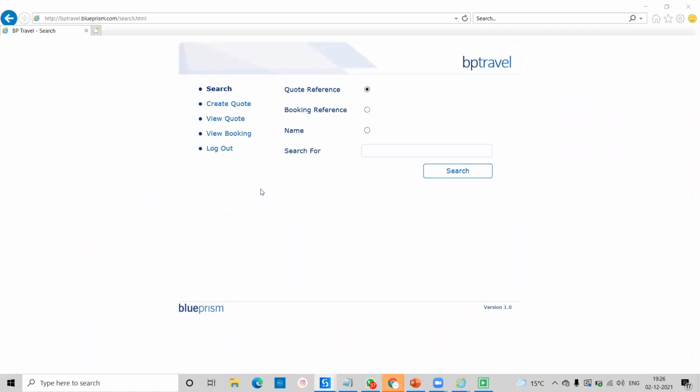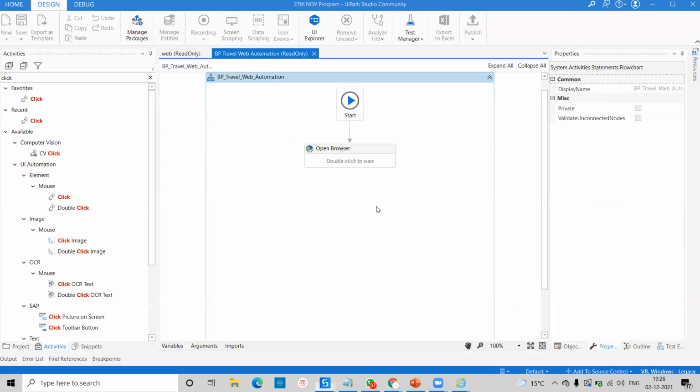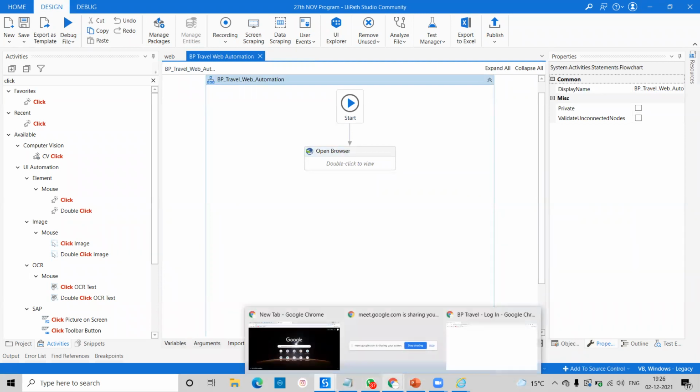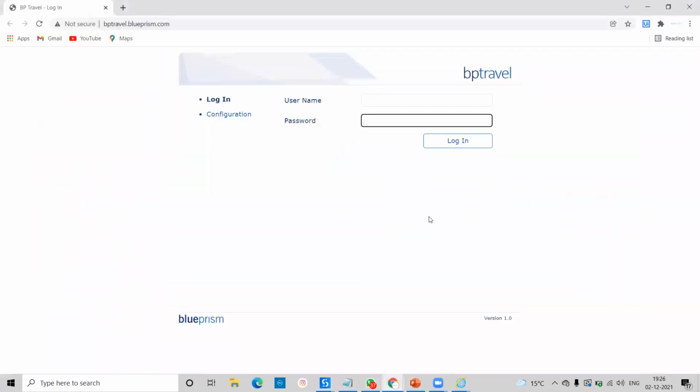It will try to launch on Google Chrome, and it will try to go for automating these things. Okay, so I will recommend you one thing. Whenever you're going to automate on Google Chrome, always you have to spy the target application. Okay, so here you can see we're getting the problem.